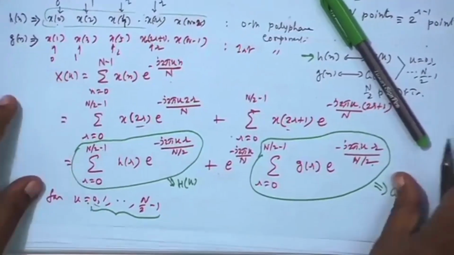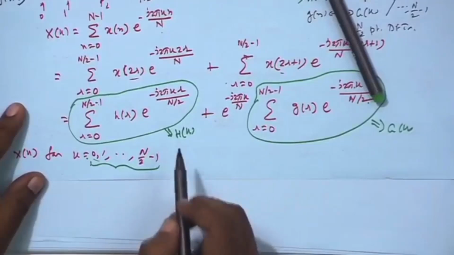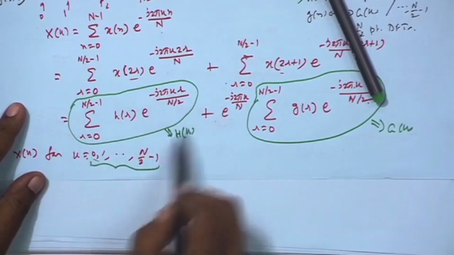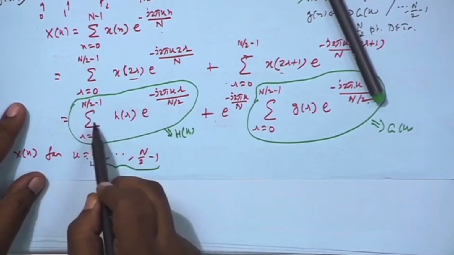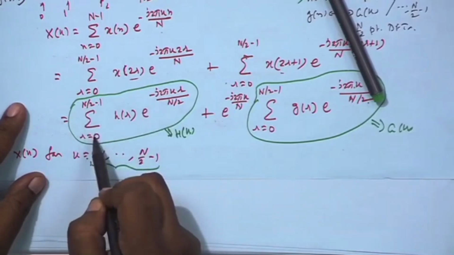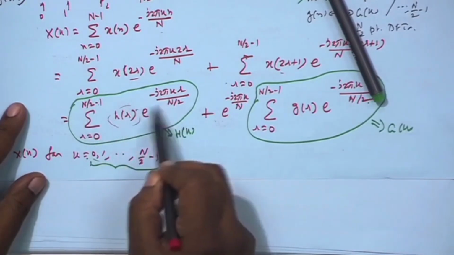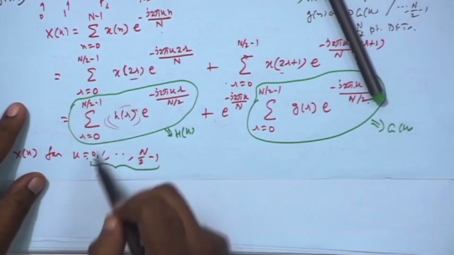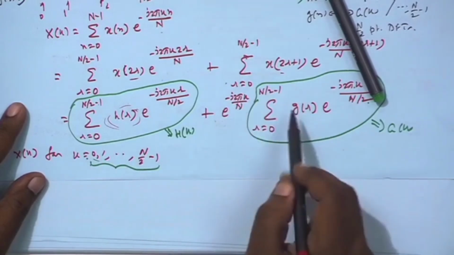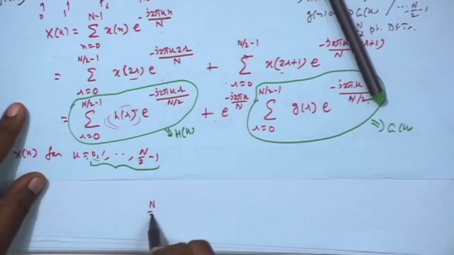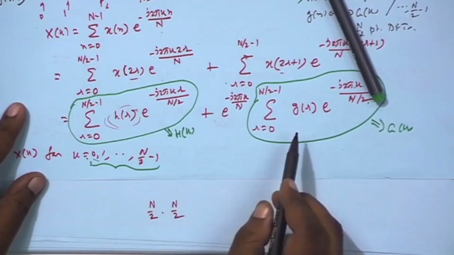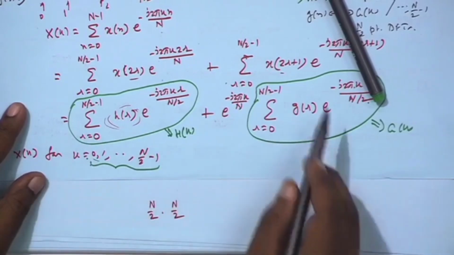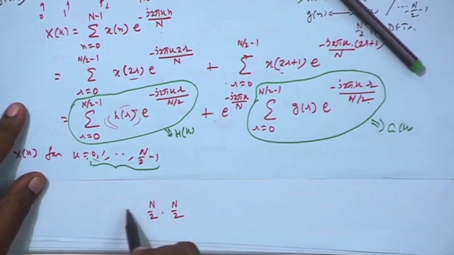Up to this, if we see, are we gaining anything? Say for k equal to 0, you carry out this summation. For k equal to 1, you carry out this summation. Every time, how many multiplications? N/2, because the summation has N/2 terms, 0, 1, 2. Every time you multiply one complex value with another complex value. And now, total how many? N/2 for each k, and here again for each k N/2. So, N/2 times N/2, okay, for this half of the k, and again N/2 times N/2. So, twice this,